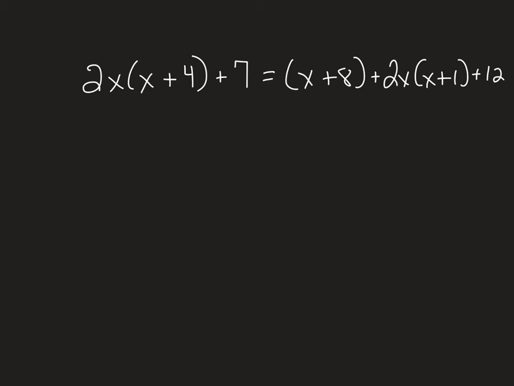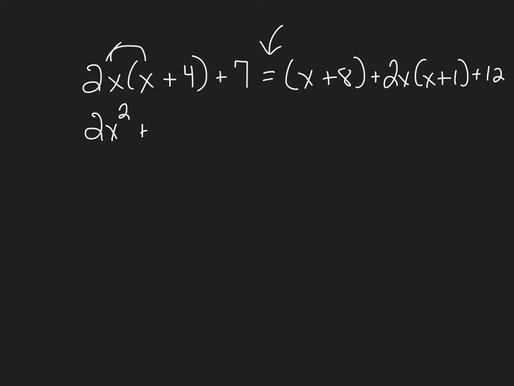Okay, notice what we looked at before were just simply polynomial expressions, but now we're going to actually solve an equation. This is an equation because we have the equal sign, but we do the same thing on each side that we've just been doing on the previous screens. So first of all, we're going to simplify the left side, and then we'll simplify the right side and solve the equation. So we have 2x times x, which is 2x squared,